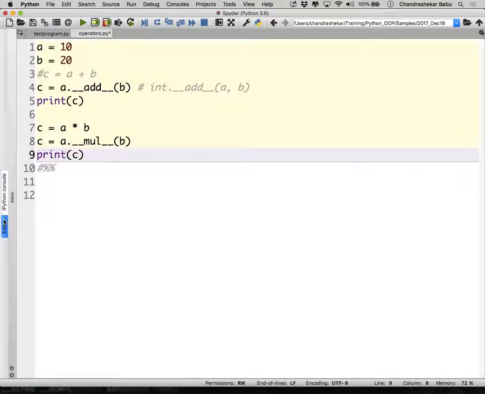In effect, Python has full support for operator overloading. Every single special character that you see in the right hand side expression is an operator, and they map to some predefined overloaded methods. But what you should understand in Python is it does not let you invent a new operator.